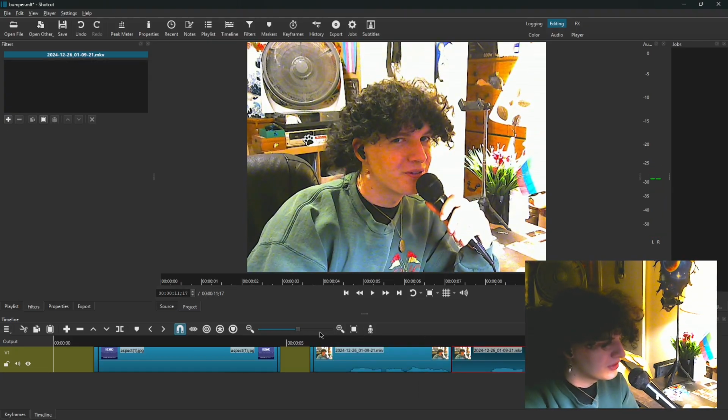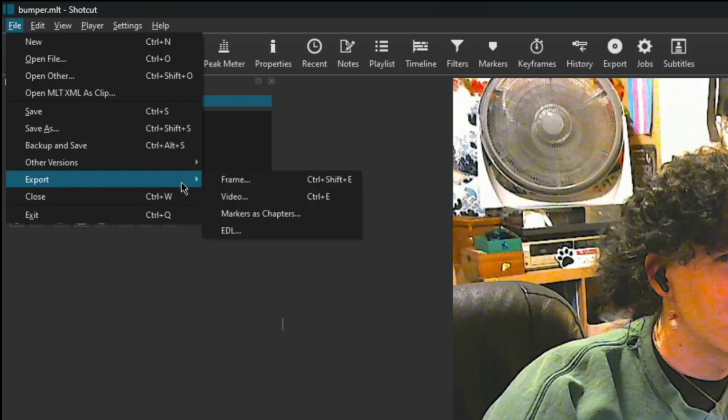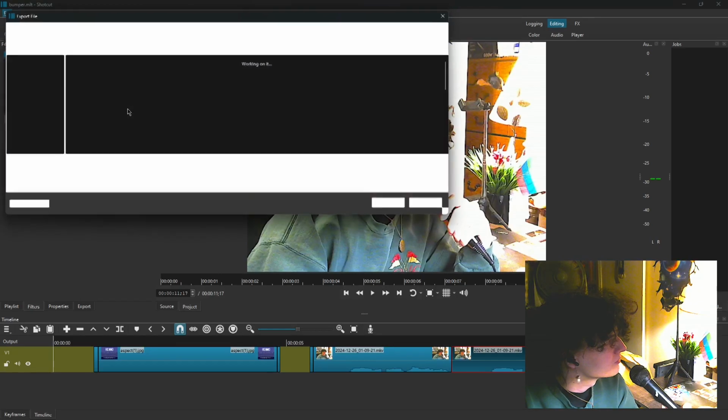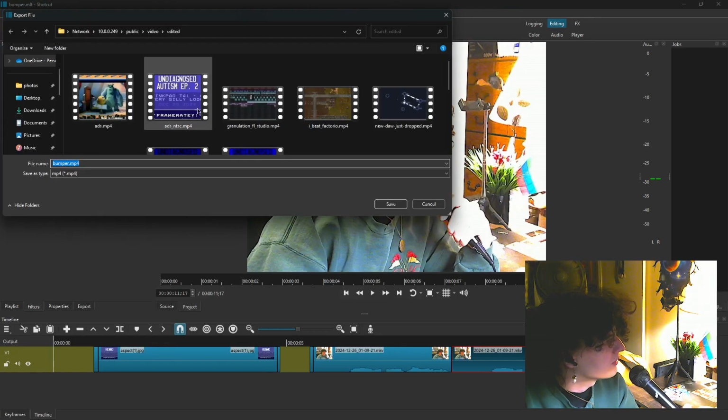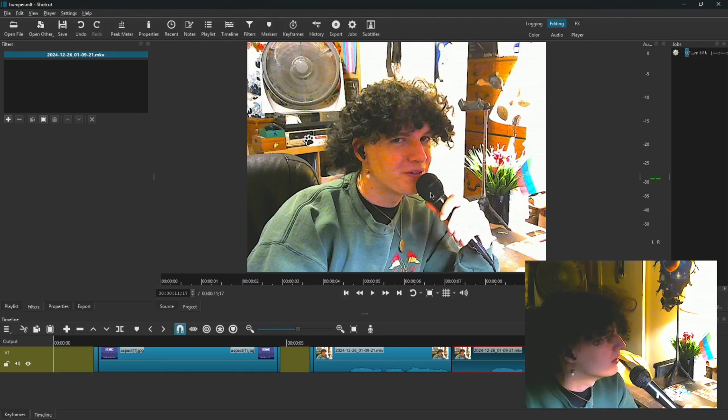So now that you're done with this, you're just gonna be saving and exporting the clip. You can export it by pressing File, Export, and Video. And then it's going to ask you where to save it. So this is just my folder where I keep all my edited videos. So we're going to click Save. And then on the right here, it's going to start its process. Alrighty, now that we're here, we can move on to our next step, which is going to be